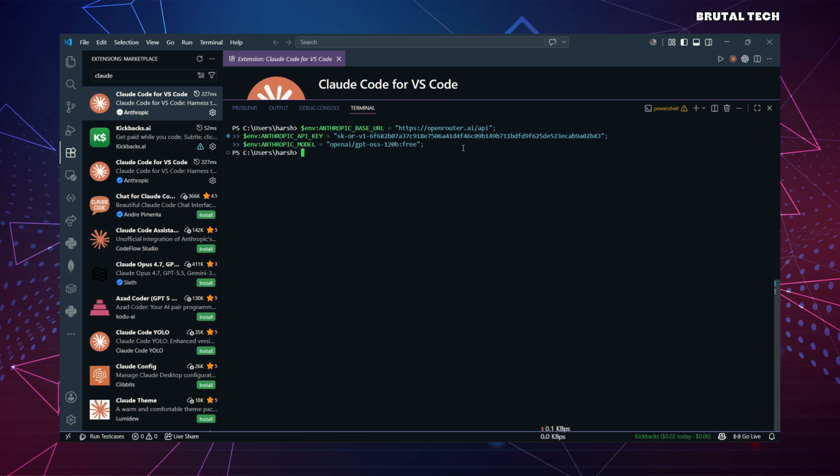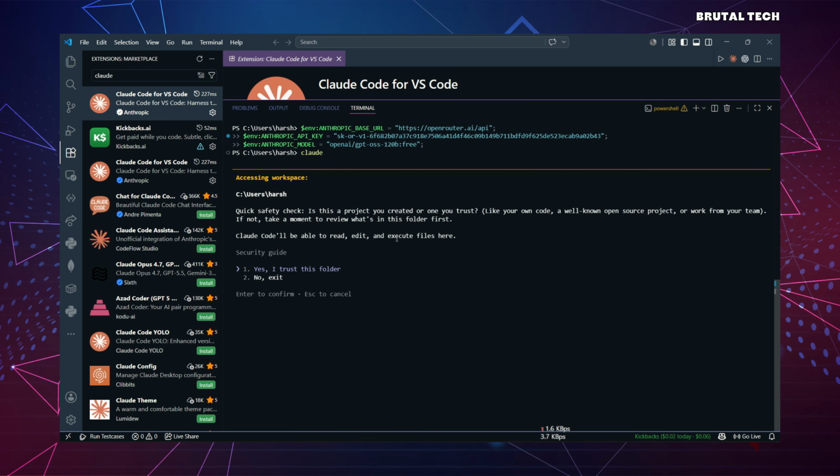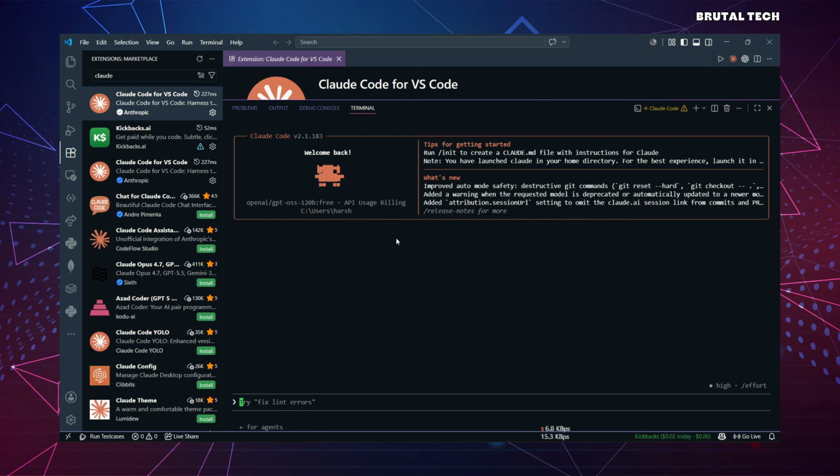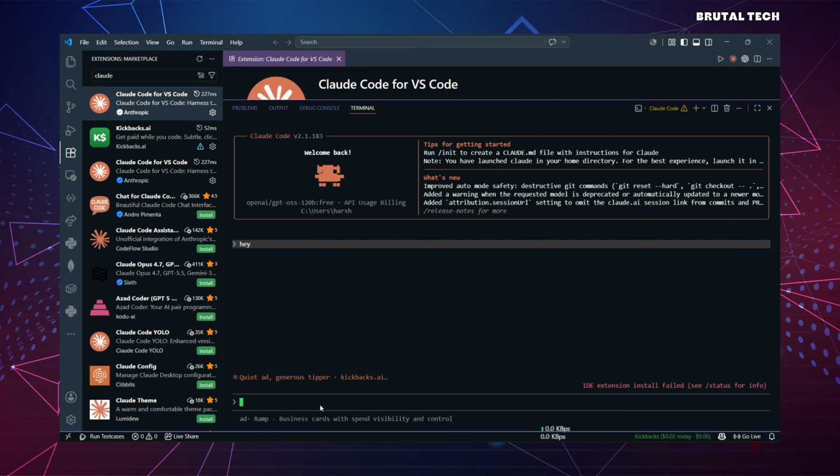After hitting enter, simply type claude, and it will ask whether you trust this folder. Say yes, and after hitting enter, you can see that the Claude interface has been opened. Now you have to verify whether it is working. Simply type hey and hit enter.